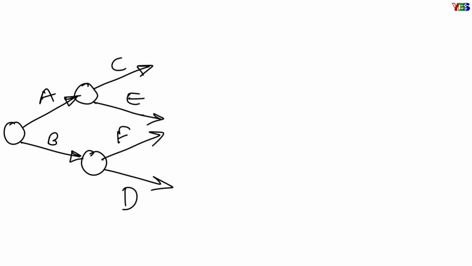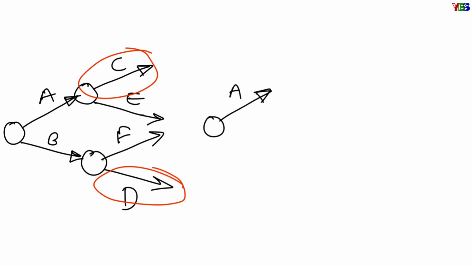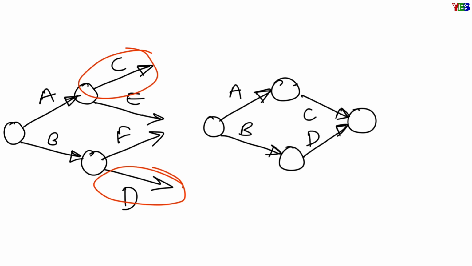Now the next activity we have here is activity G, which will start after completion of activities C and D simultaneously. That means C and D will share the same head event, and then activity G will start. To make it possible, we will have to make some correction in the drawing by changing the position of C and E and F and D, so that we can draw an event after C and D simultaneously and then an arrow for activity G.